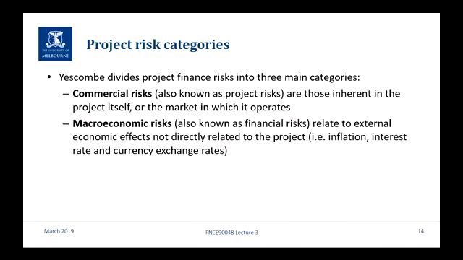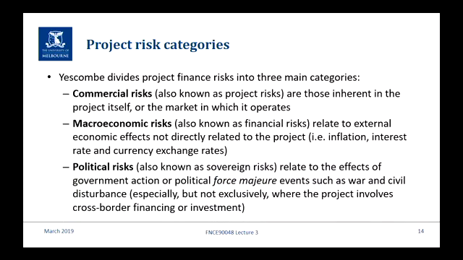So inflation, interest rate, exchange rate, in some cases commodity prices, that sort of thing. The market type risks that are in the macroeconomic variables. So if you're running a power plant, you've got the risk of running a power plant, but you've also got the risk that inflation will erode the value of your revenues, or the interest rates will go up on your borrowings, or exchange rates will fluctuate. So these are in that category.